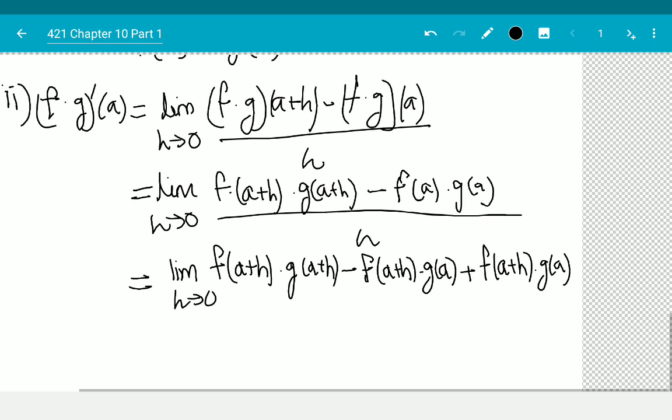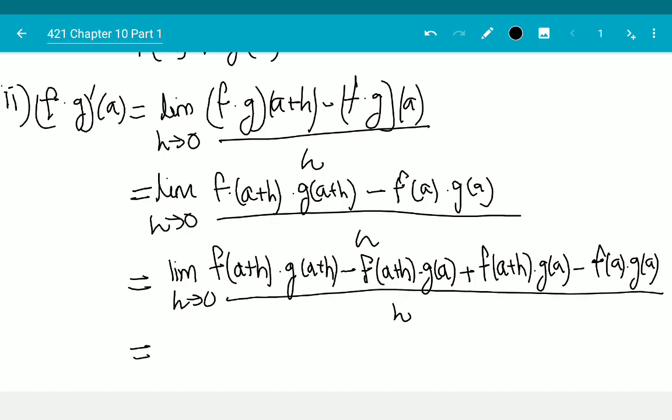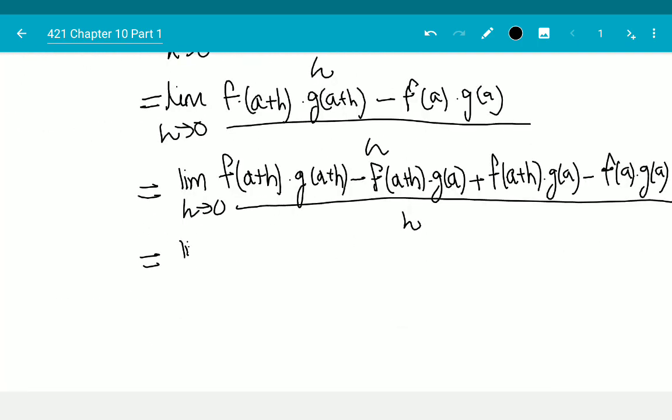Let me move this slightly, minus f of a times g of a all over h. Well, then this is limit h goes to 0. From the first two, I can pull out f of a plus h common. G of a plus h minus g of a